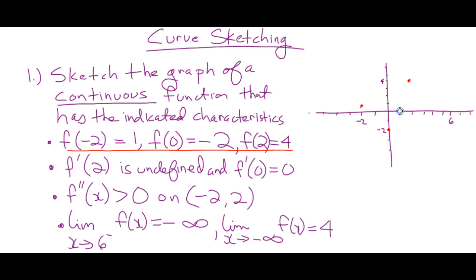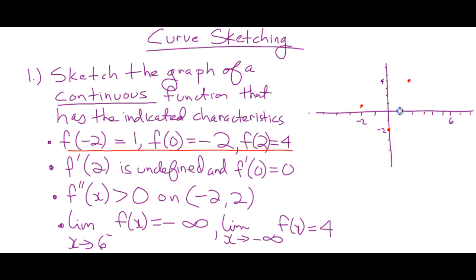All right, so f prime of 2 is undefined, but the function's continuous, so what's probably happening, we don't think we're going to sketch anything, but what's probably happening at x equals 2? Point of inflection. Point of inflection, or, okay, so let's keep looking, and f prime of 0 is 0, so what's likely going on there? Given that these points are up here, probably got a minimum down here. Okay, so we got a minimum here, and we've got an undefined, now